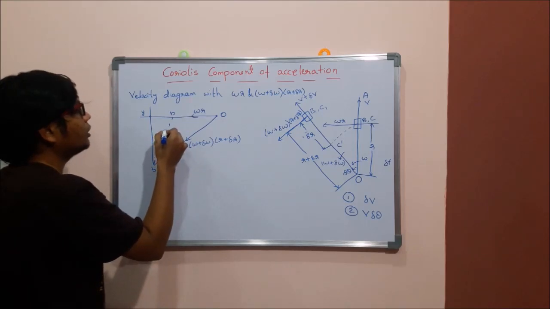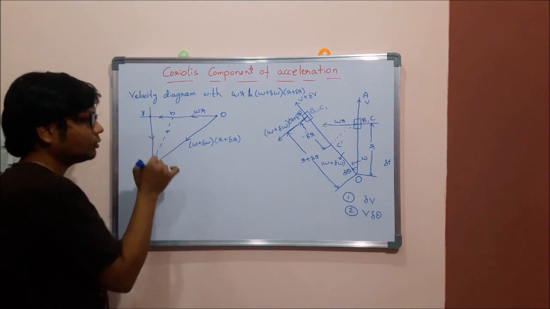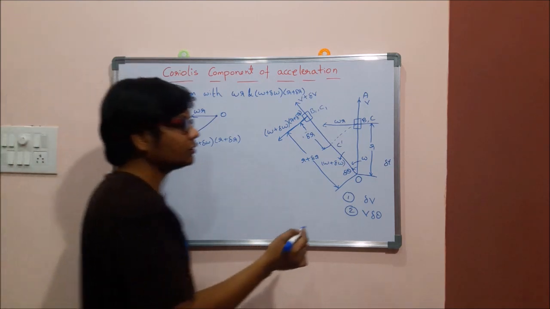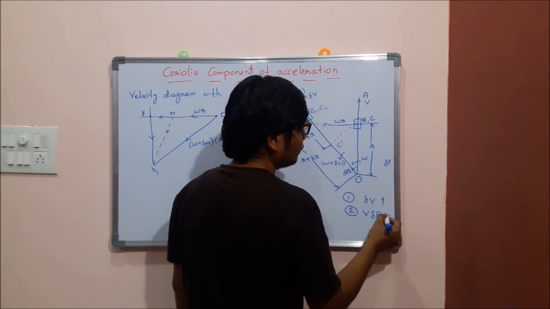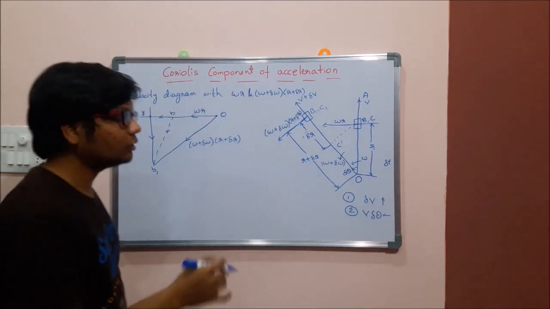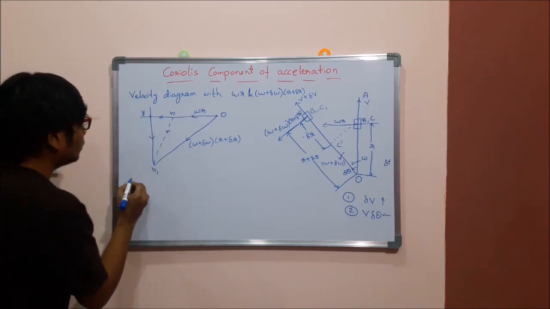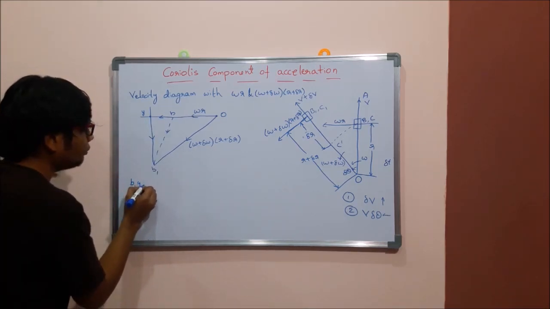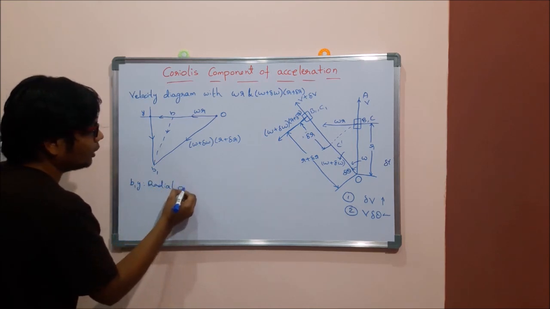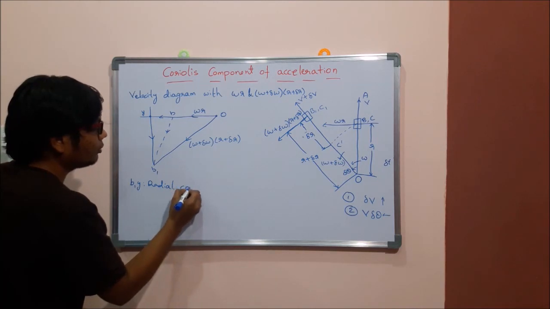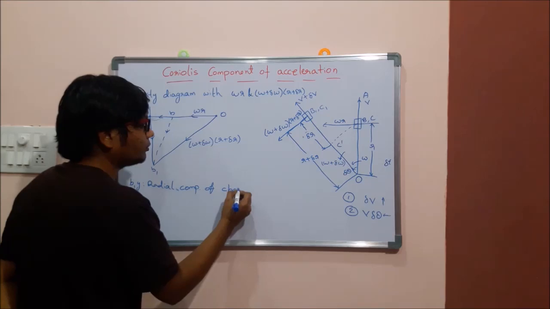So direction, if you consider, this goes on like this and this will go on left side only, but this will come to the downward direction, whereas here this delta v is upward direction and this one is left hand side direction only. So that is related to v and v plus delta v. Okay, so now we try to write that b1y. This b1y is the radial component of change in velocity.